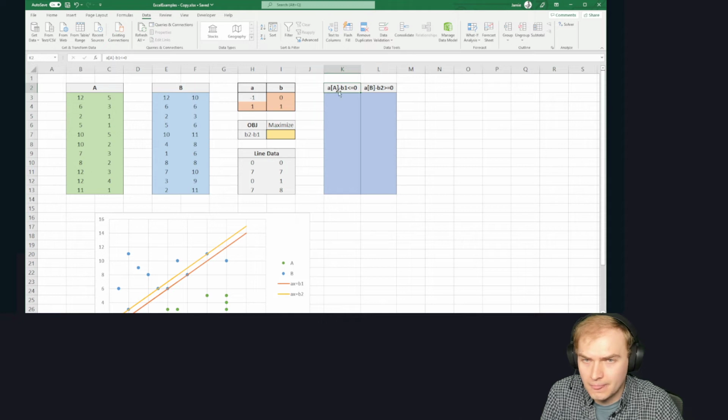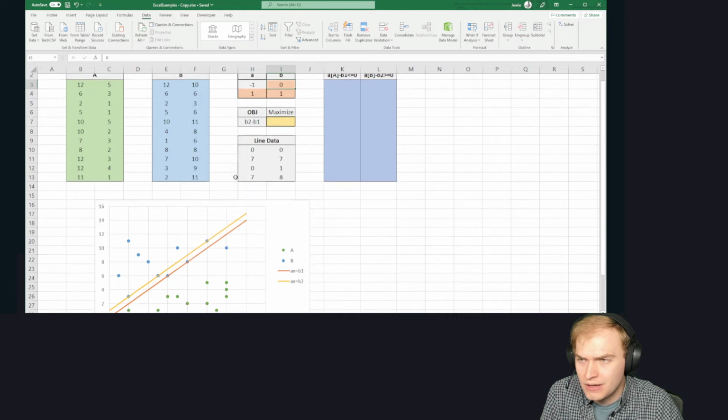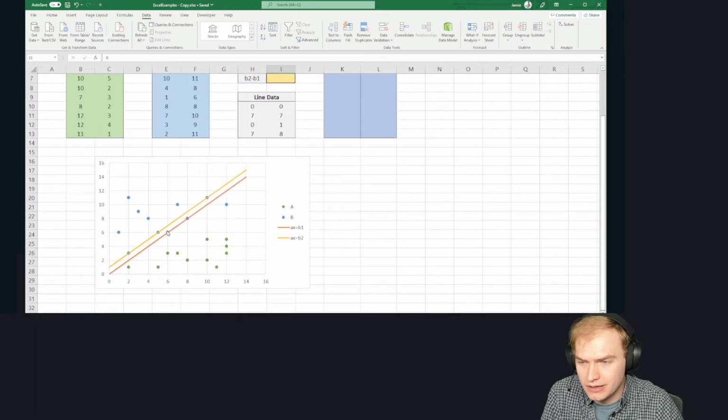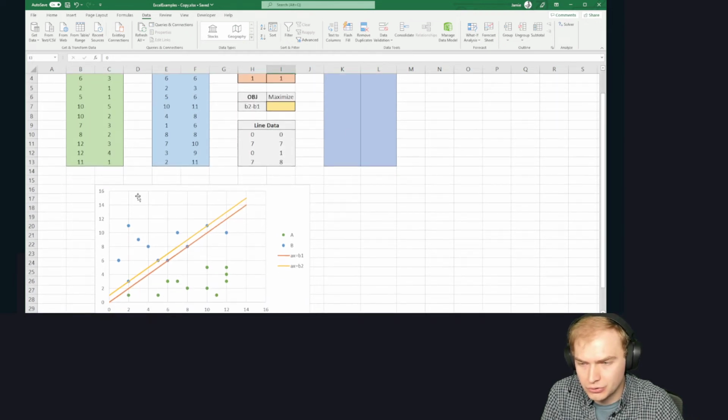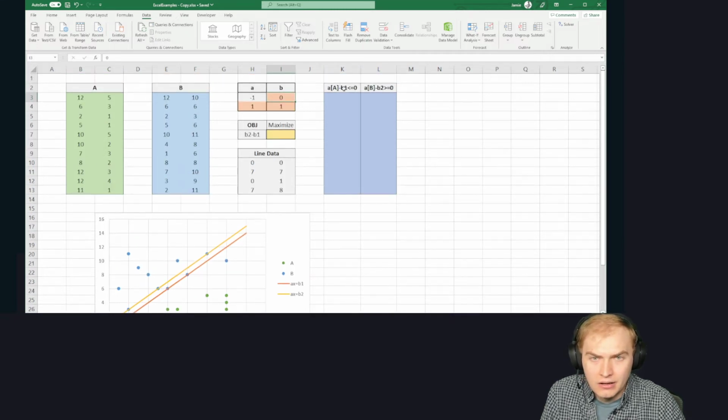So we want ax minus b1, which is our first b, to be less than or equal to 0. That will mean that our line passes above all of our A points in the matrix, all of our A matrix points. And this ax minus b2 being greater than 0 means we want all of our blue points from the B matrix to lie above our lines. And I'm only using b1 and b2 because